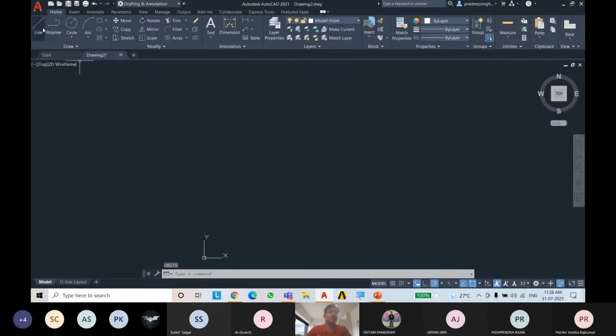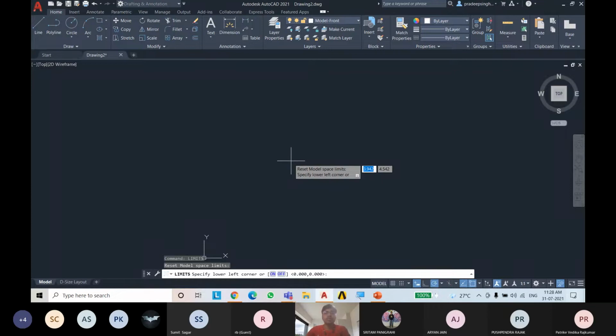And the second thing is that you can see this window is at most about 9 mm. If you want to set the limits of this window, you can type LIMITS.